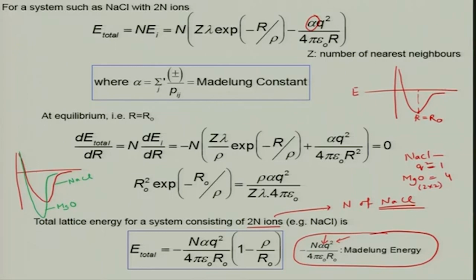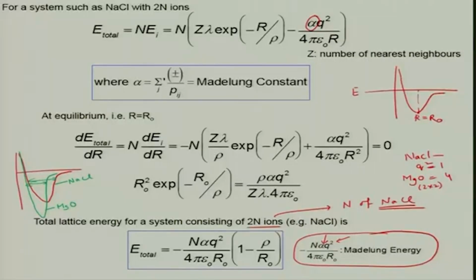MgO also has a lower coefficient of thermal expansion. The width of the well is a signature of the coefficient of thermal expansion. Coefficient of thermal expansion is basically the change in delta A, and the change in delta A is more in the case of NaCl than in the case of MgO, and that is because of the change in the bond energy for that unit length, the change in the bond energy with respect to the length, and the change in the length is more in the case of NaCl than in the case of